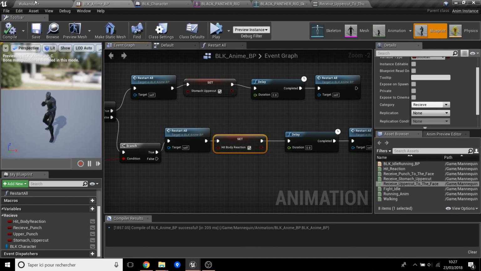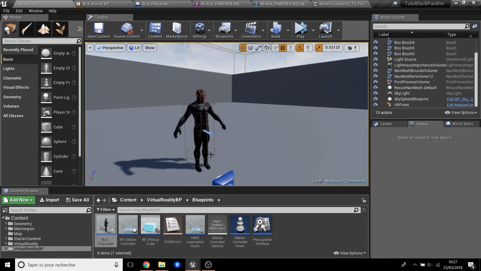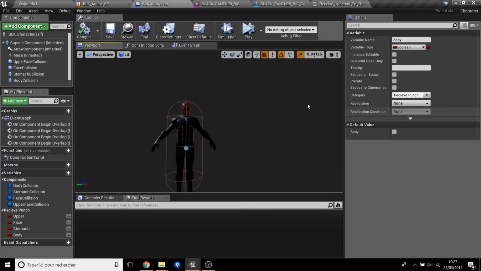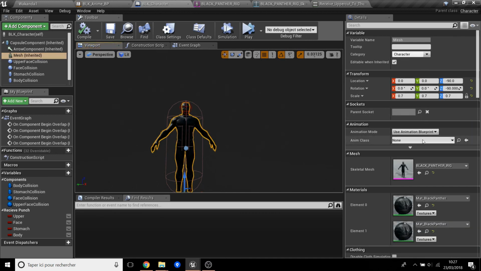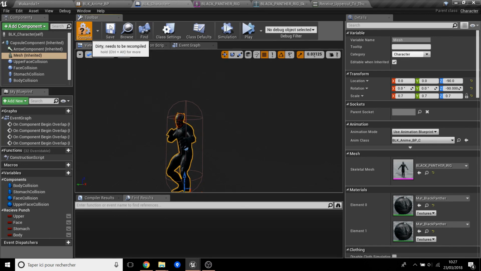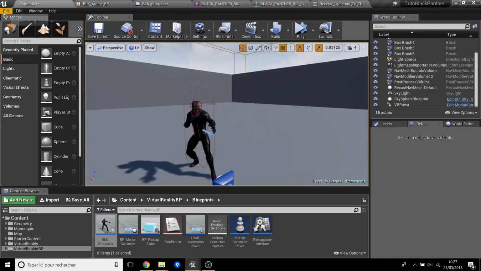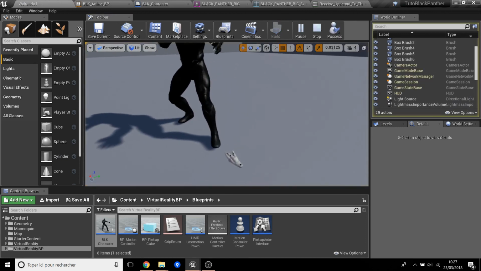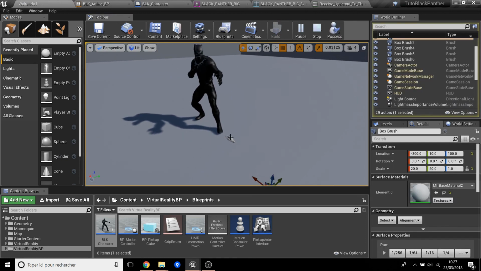But save, go back to the viewport, and the anim, compile, save, and now we have to try if it works.